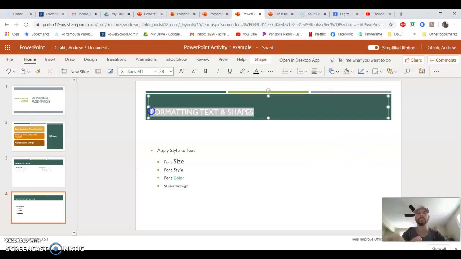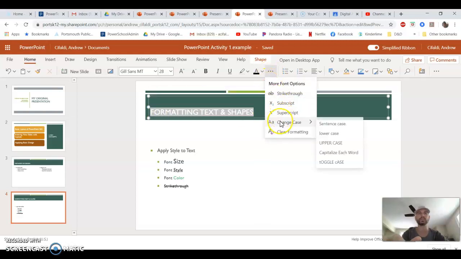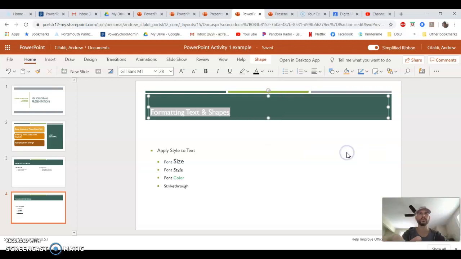Up at the top here, I'm going to look at my title, and maybe I don't want this to be in all capital letters. Highlighting the title, I'm going to click on more font options. And I'm going to change the case. I'm going to change it to capitalize each word. All right. It's going to give it a different look. Maybe that's what I prefer. Okay. All right. So I have here a text box,